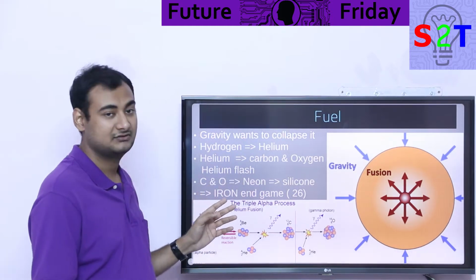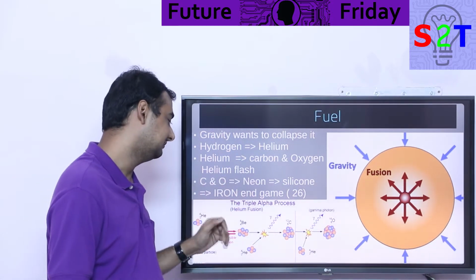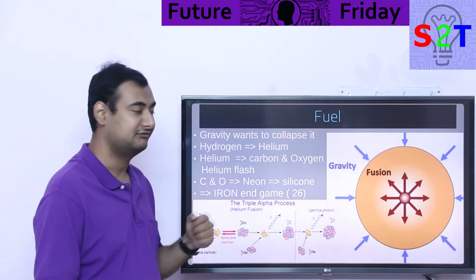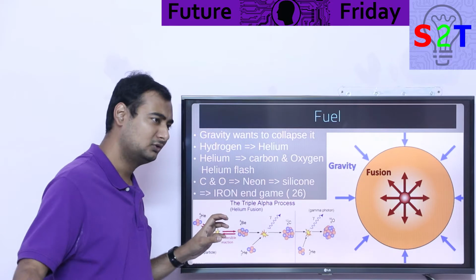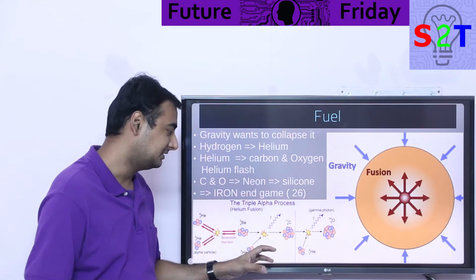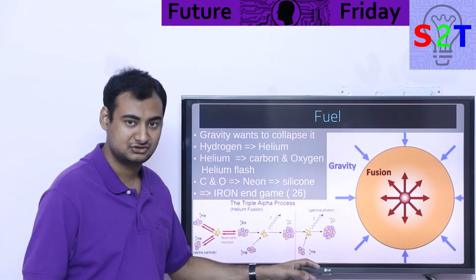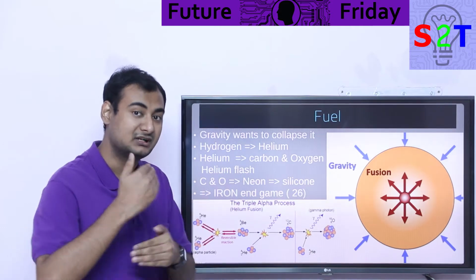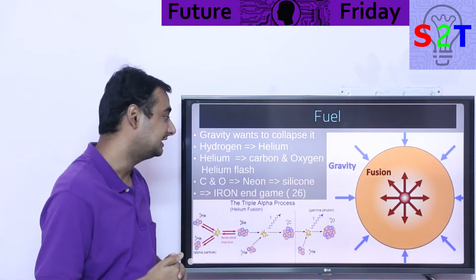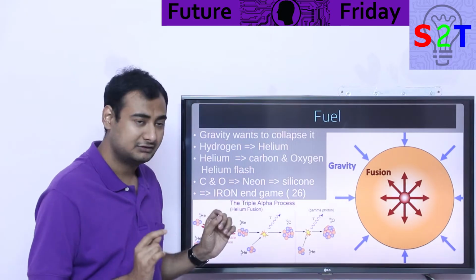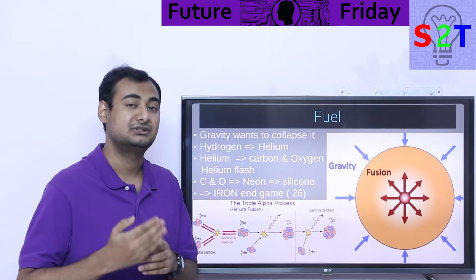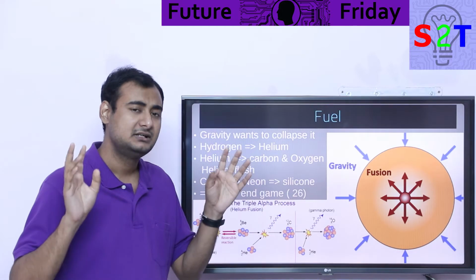Generally this process is classified as helium flashing, and its technical name would be the triple alpha process. So basically you take heavier elements, fuse some more helium into it, you create carbon, you take more helium into it and you get oxygen out of it, and that's how you keep running the fuel. Basically you are getting extra mileage out of that. So it's not like once you run out of hydrogen, game over. It's not. However, the moment you run out of hydrogen, you reach what could be classified as oscillation.